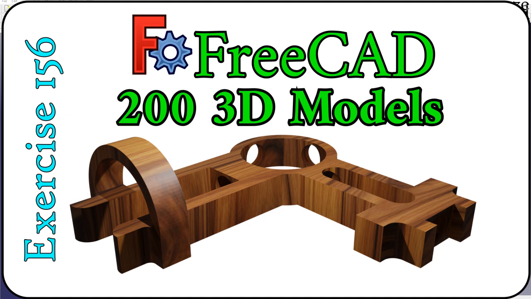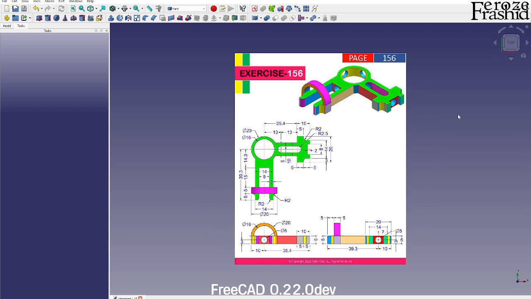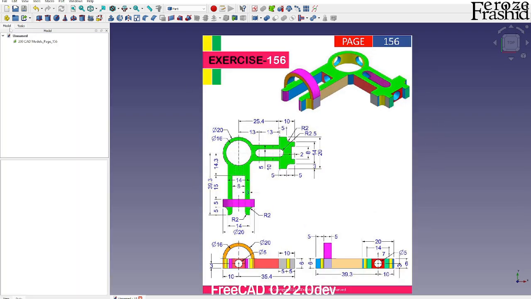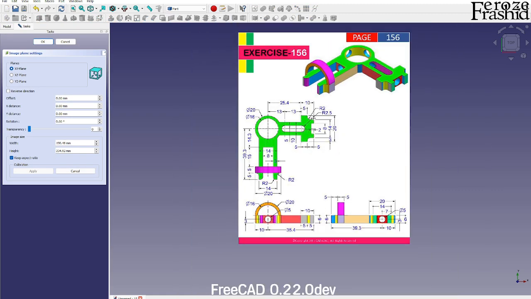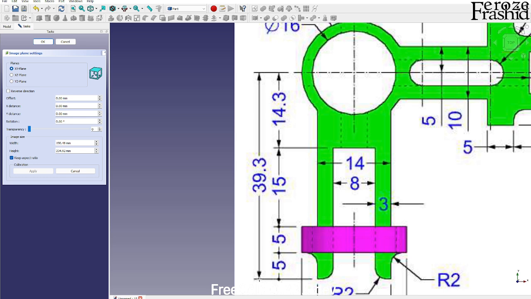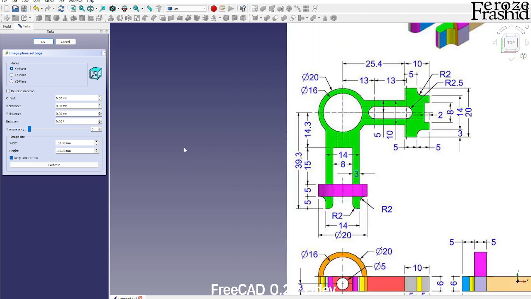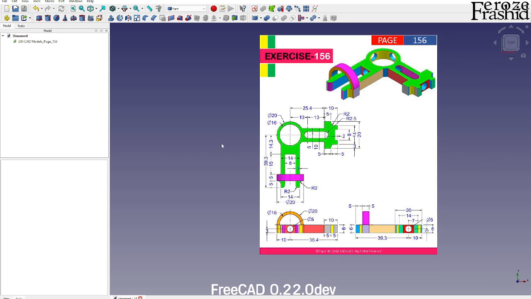My friends, in my 200 3D CAD models in FreeCAD series, today let's work on exercise 156, which looks a little bit intimidating to begin with, but this is not that complex of a model. This is a lot of broken dimensions, but that's all about it. So let's go ahead and